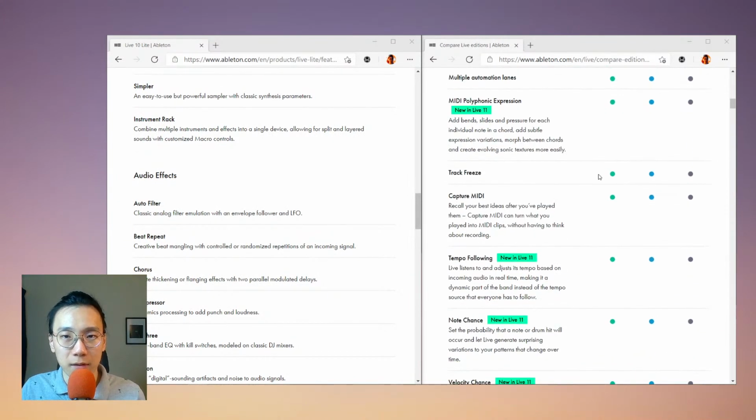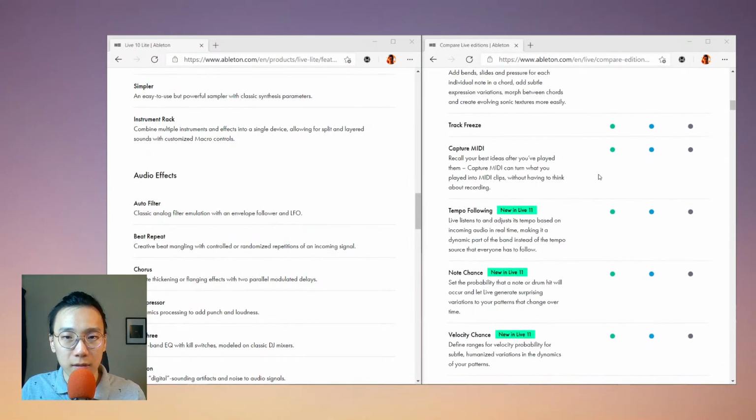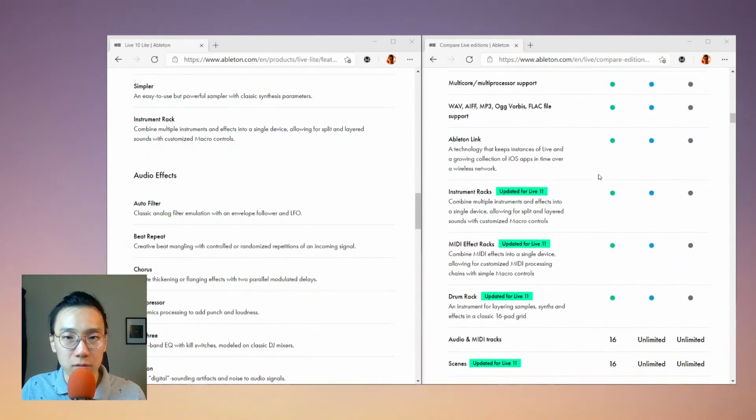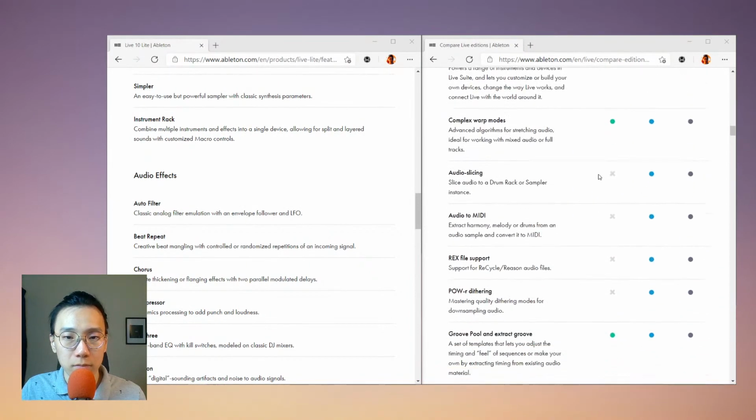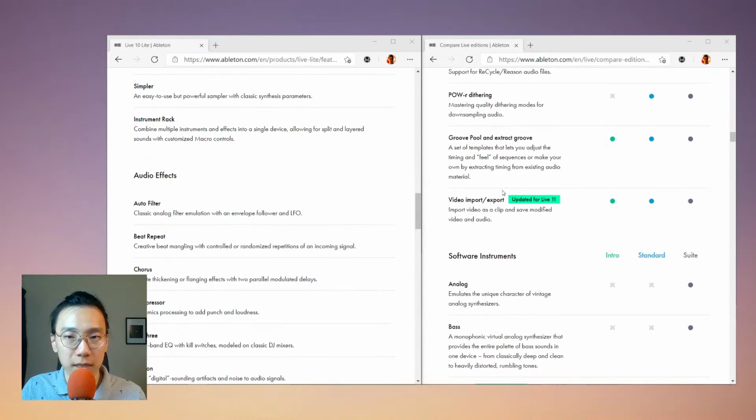So for example, let's scroll through. Yep, this is the one. So video import and export. So this feature in Live 10, even Intro, they don't allow for video import and export, right? So this is a surprise. So they sort of allow it for Live 11 Intro. So will it come to Lite? Not sure, but